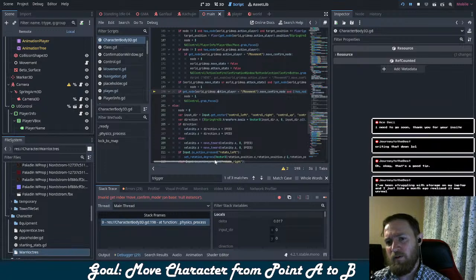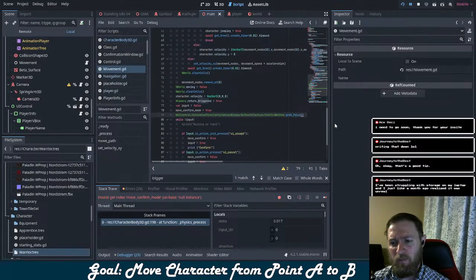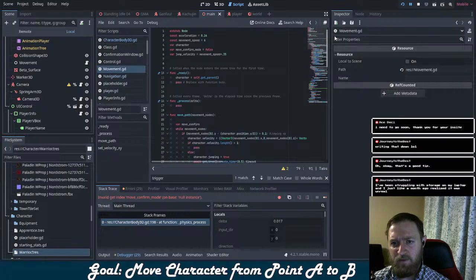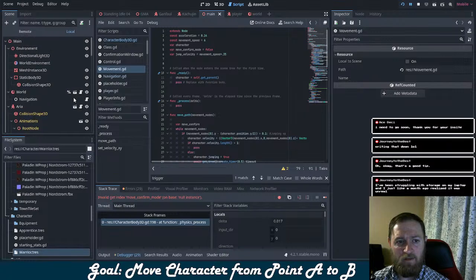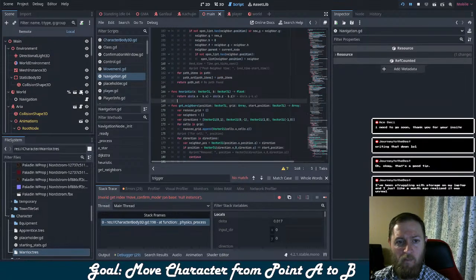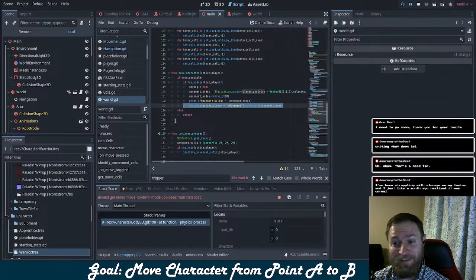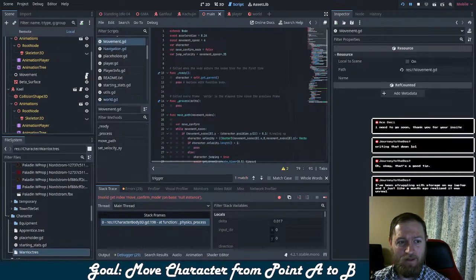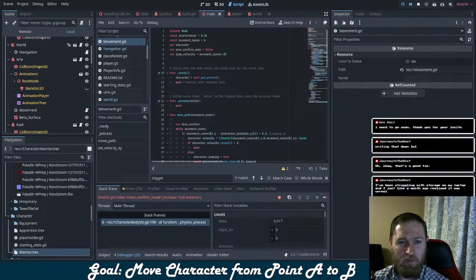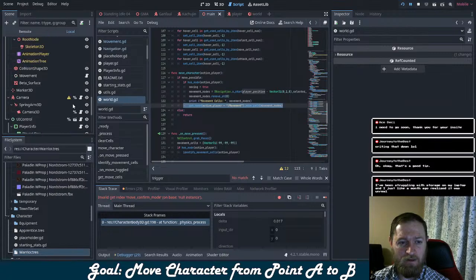So my move confirm mode, which is in my movement script, may not be initializing to a value. Is that the case? Oh, it's because I don't have an active player. That's interesting. Because I'm already confirming, I don't have an active player actually. So I might have to come back to this one. This one might be a little bit challenging to troubleshoot